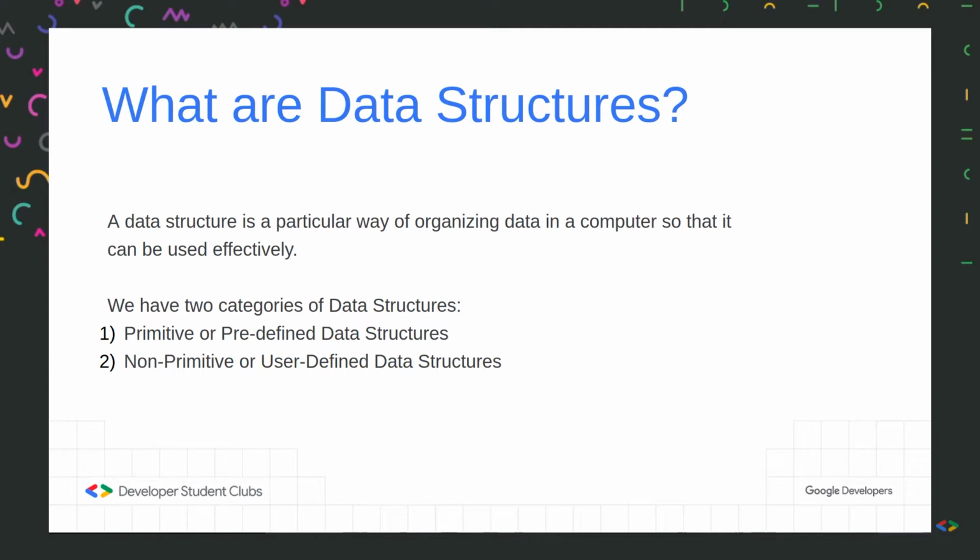So basically our data structures are of two types: primitive data structures and non-primitive. Now primitive are the predefined data structures that are available in any programming language. So in this course we'll be following C++, and in C++ we have primitive data structures like int, character, float or boolean. And similarly non-primitive are of forms like arrays, classes and structures. And also we can implement our own non-primitive data structures. For example, we can implement queues, we can implement stacks using structures and classes and pointers and many many functionalities that C++ offers.